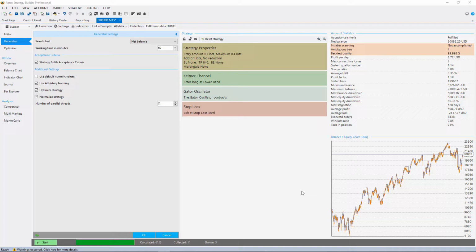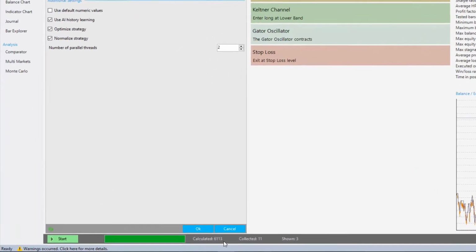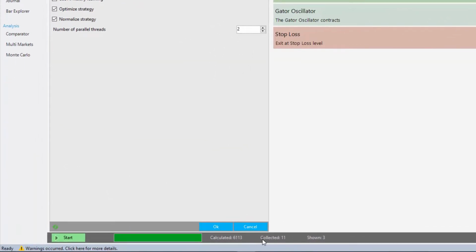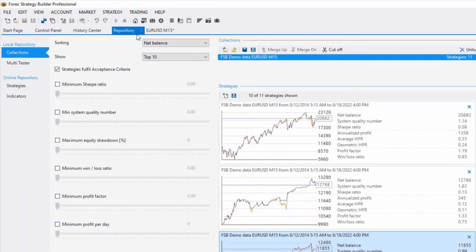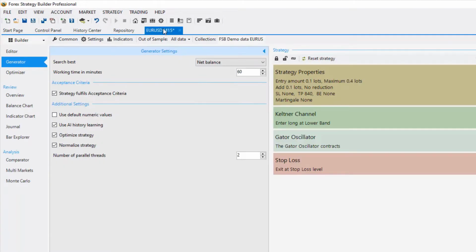Hello everyone, I continue now with the results from the generator, and you can see that it calculated over 6,000 strategies and it collected 11. Now I can check the strategies in the repository, but if you are doing the very same thing like me,